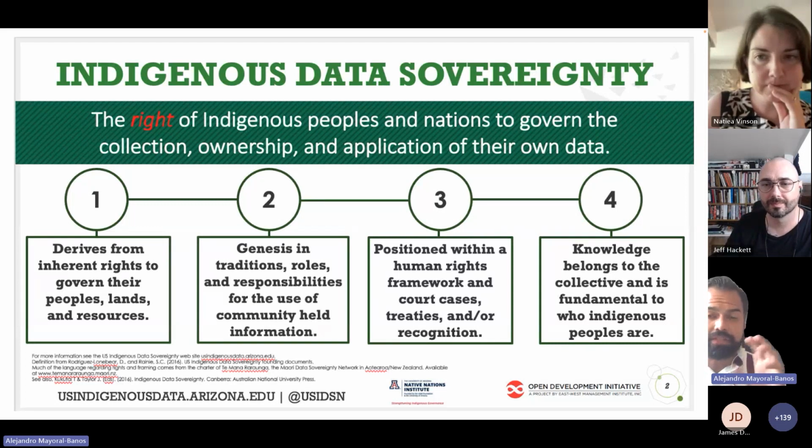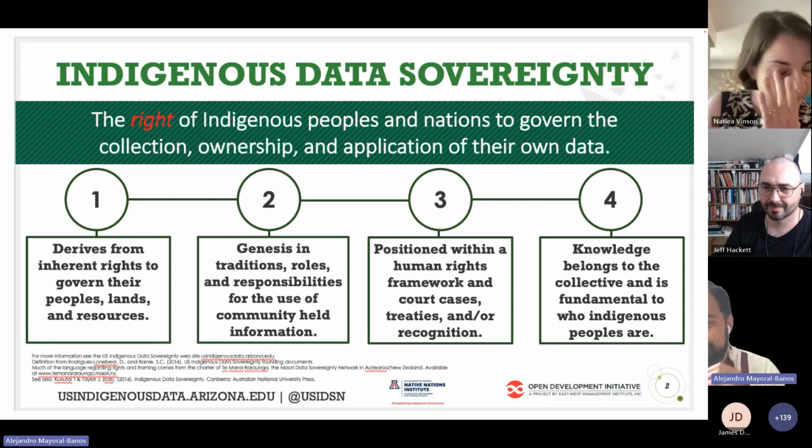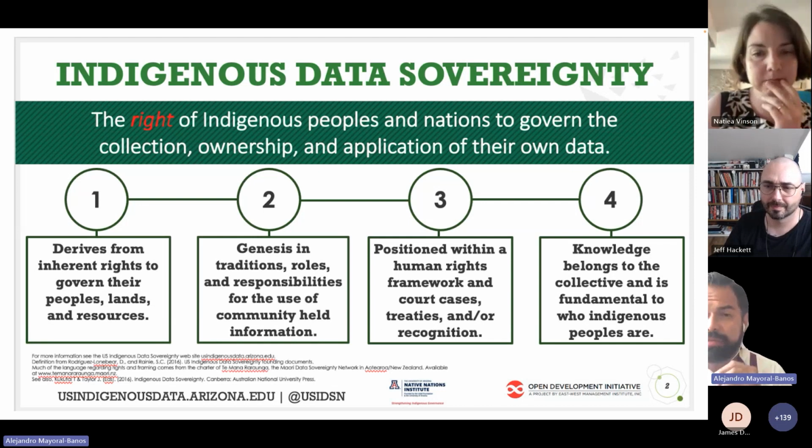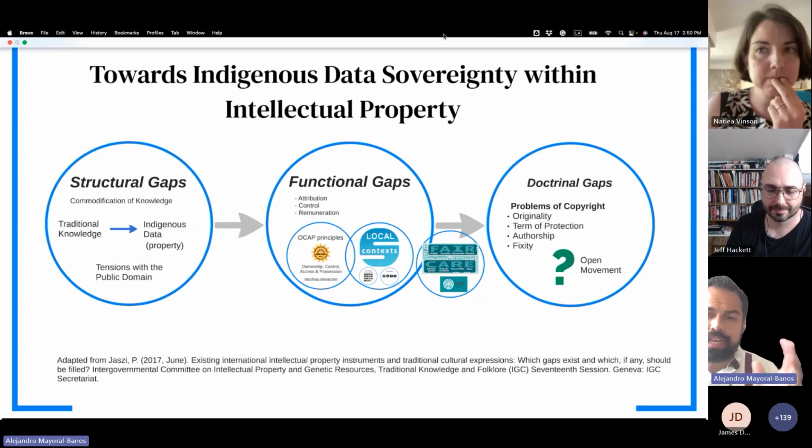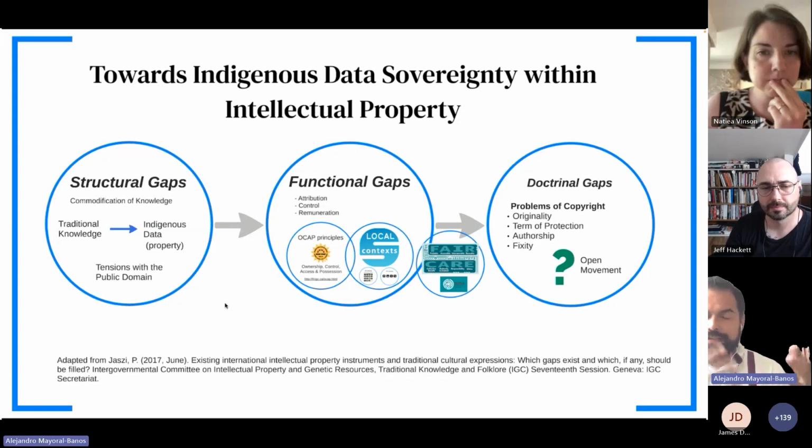I think it's important to start understanding the complexities of indigenous data, because if we want to start protecting and creating tools, and this is very important, how are we going to ground these concepts in something that nations and communities can apply at the ground level? And just to give you a little bit of understanding of what is going on, I don't have a lot of time left, but from a legal perspective, I think Nataea and my other colleague were already explaining this very passionately.